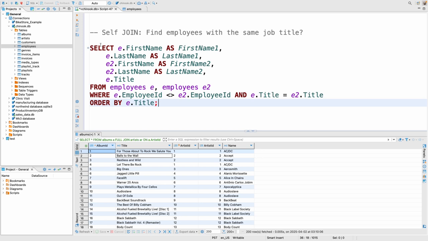All right, so I have my select statement and all of the different aliases as well as the title. Then we have the joins, the same table. We just name it E and then E2. Then we have the where clause that helps us to join this table based on the employee IDs, and then also the title as well. And then we order by the title. So if I run this